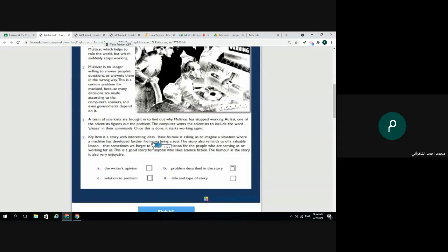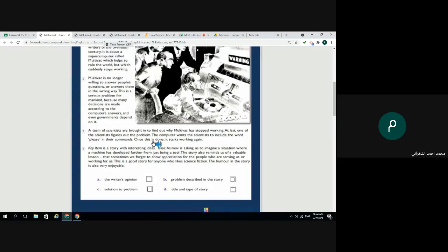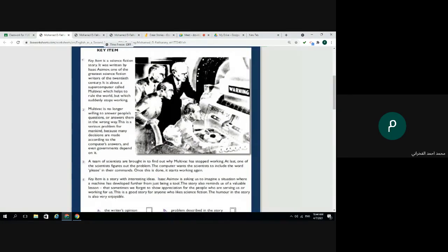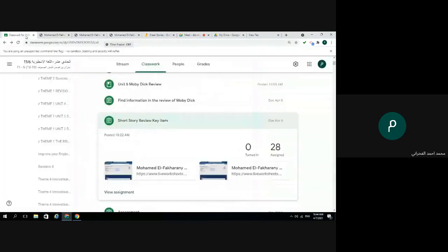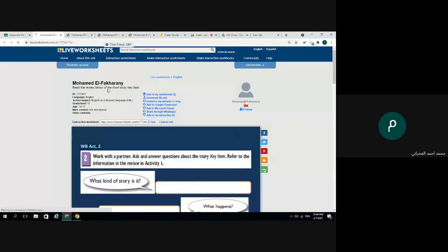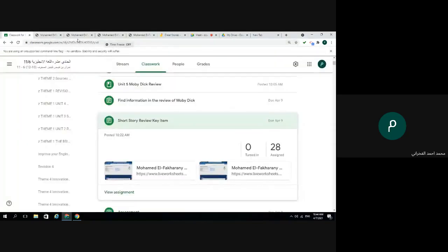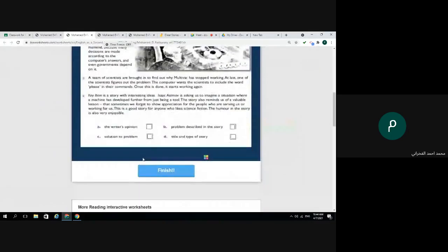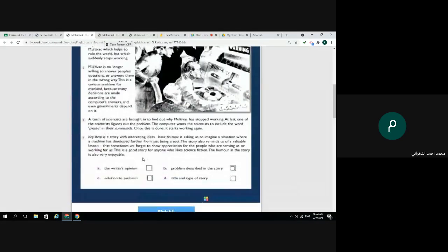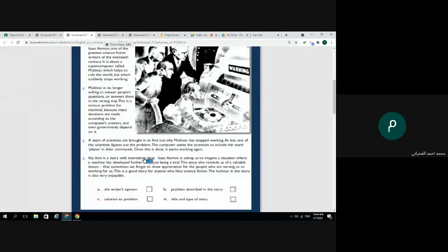You have only 5 minutes to finish this. I think you can read quickly and write your answer, the number of the paragraph.